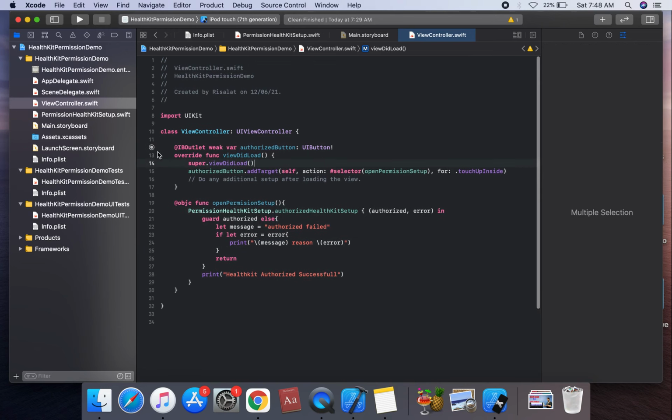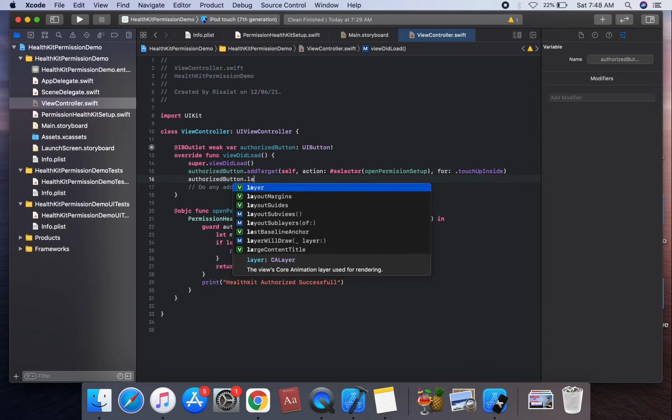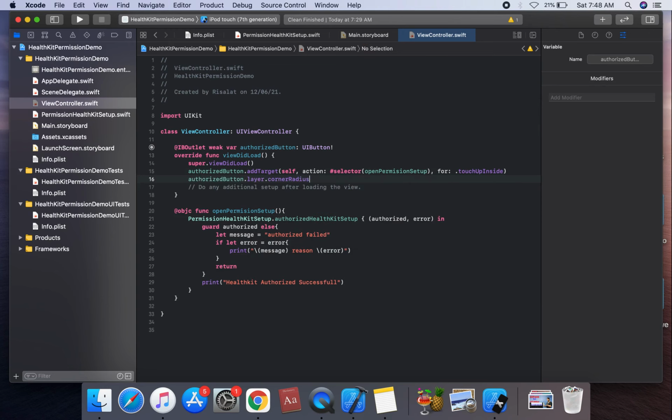So we're gonna apply a corner radius on this button: authorized.layer.cornerRadius is equal to, suppose, 22. We're gonna command S. We're gonna run this app.